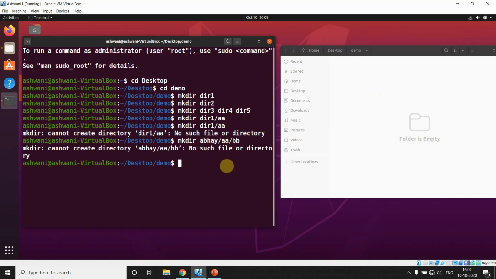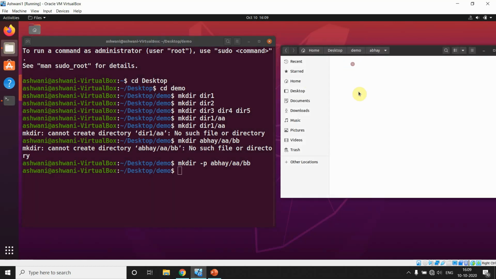So I will help you find it with P, I'm giving you the path, don't worry about searching, just go to this path and create the directory like this. Enter. It will create a directory named abhay, inside that aa, inside that bb. Simple, right?